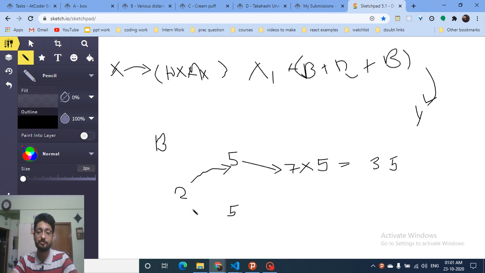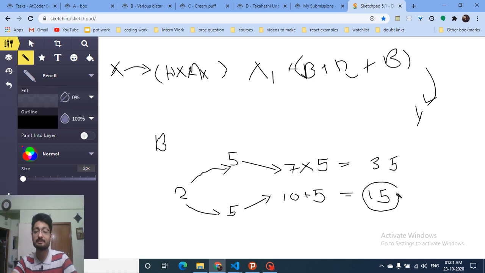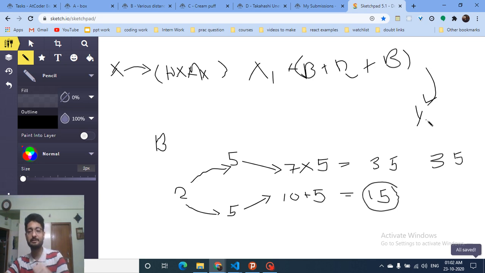But if I first multiply my value, which means I first go to the Kakum gym, it will become 10, and then I will go to the add quota gym, so it will add, so it will become 15. So which is smaller? Smaller means that I can again do some more, because I want to go to the gym as much time as possible, because any time I go to gym my experience will increase. Let's assume that my total value is 35 only. I want that my power doesn't go above 35, so it's just fine. I just reach them in 2 steps.